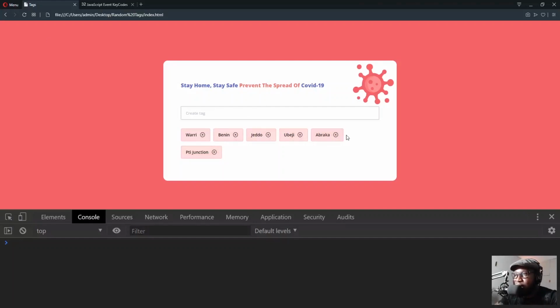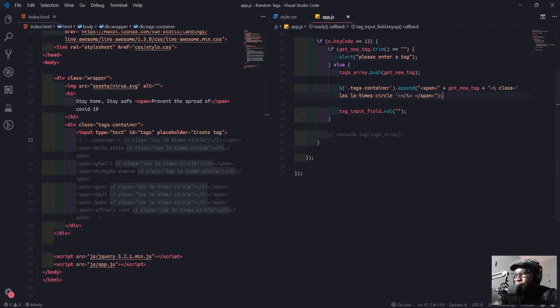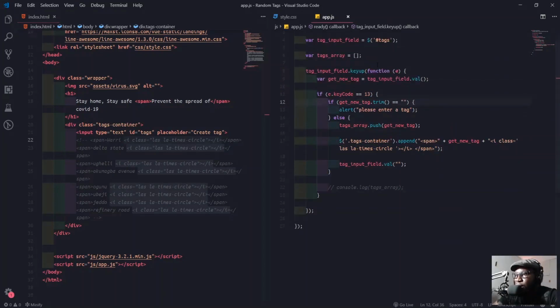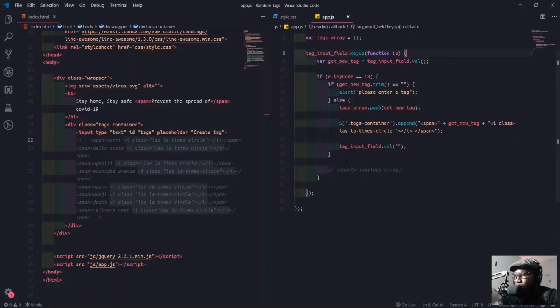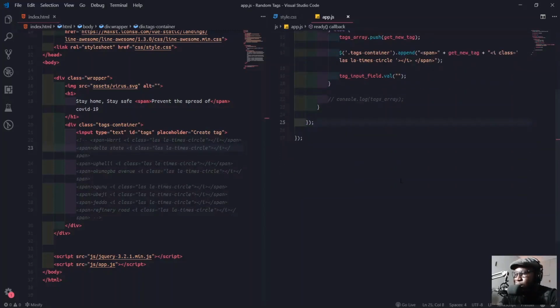So you see, we'll add all these tags now. Then we need to find a way to click them so that the thing comes out. So what we will do to remove them, after we do this if now, we'll come aside from this function now. We'll create another function where we'll listen for when we click on any of these tags. So to do that, I'll just come here now. We'll target these tags. Continue the markup here.